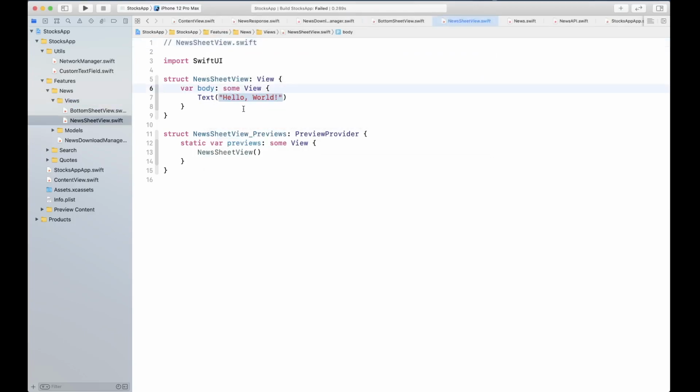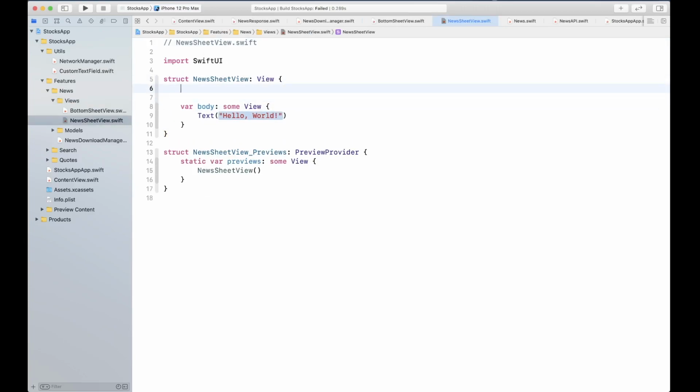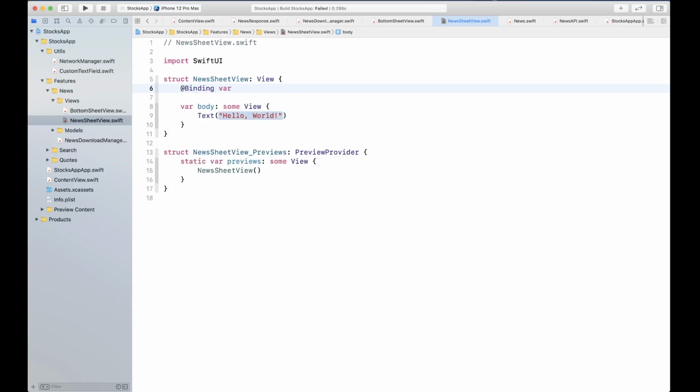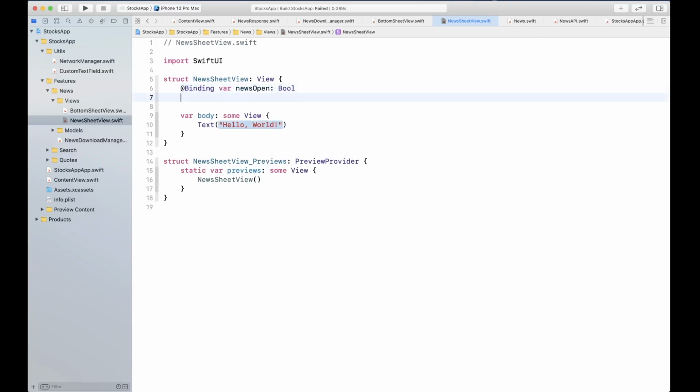Before we do that, let's populate this, and we're going to create placeholders and come back. So a binding for news open, to get the state of whether the news is open or not, and we're going to use this value to display not only the sheet but also to trigger our mini quote view to be displayed or not.